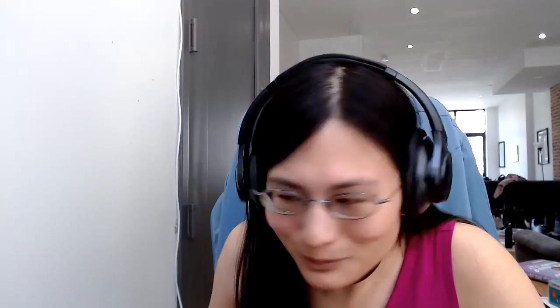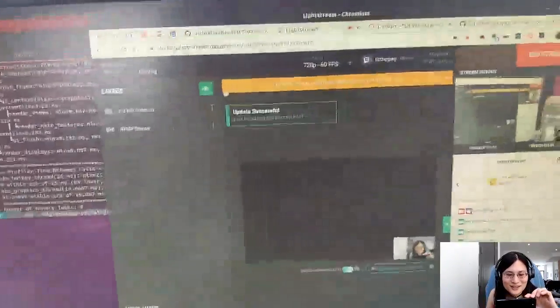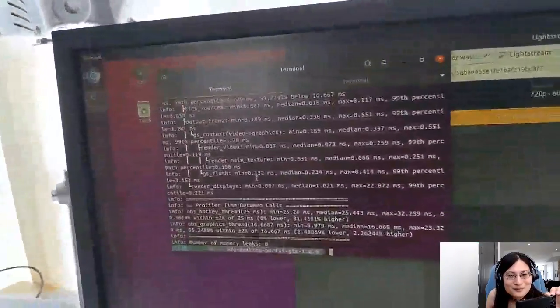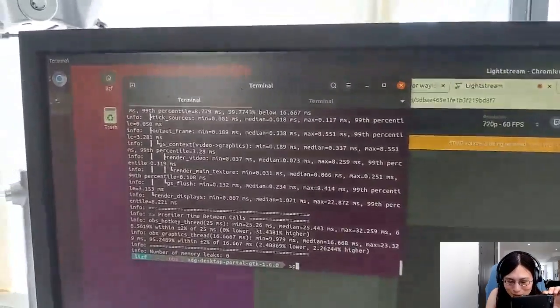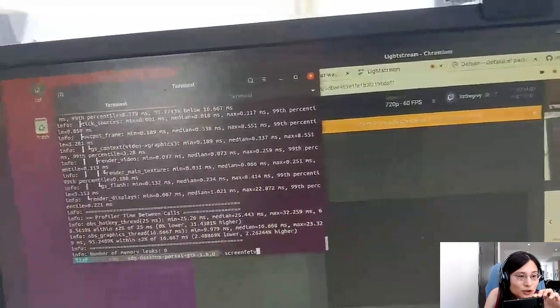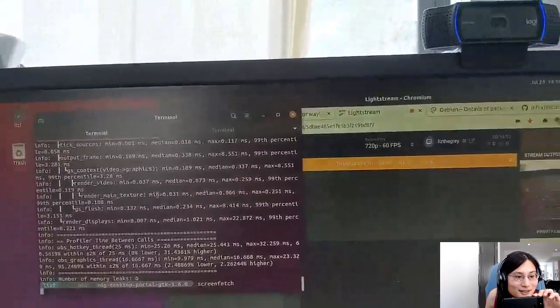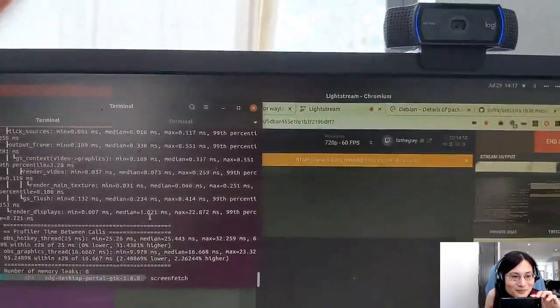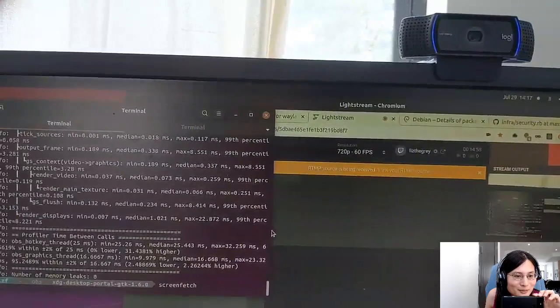So let me see if I can stop streaming that. Instead of trying to share something that way, I know what I can do. This is going to be super janky, but we'll do it this way. So here's my desktop, and here's the terminal, and I can run, for instance, screenfetch. And you can indeed see that it fetches a bunch of details about my system and then reports back